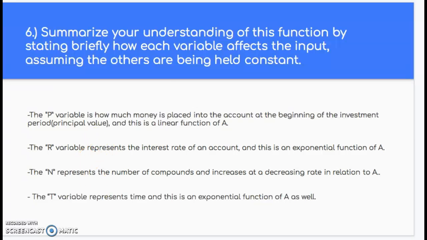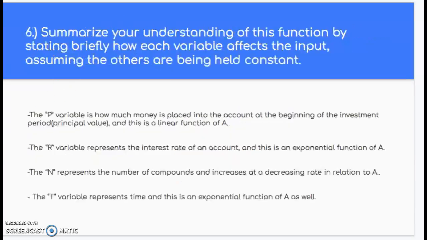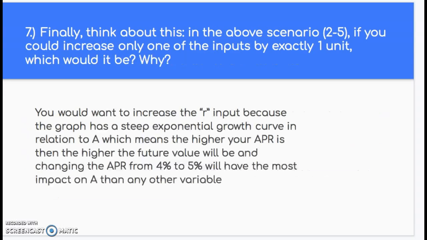So for this last question, finally think about this. In the above scenario, if you could increase only one of the inputs by exactly 1 unit, which would it be and why? Because R has a steeper exponential growth curve, that's what we went ahead and went with, because if we change our APR from 4% to 5%, that's going to give us the biggest difference. That actually increases our future value to